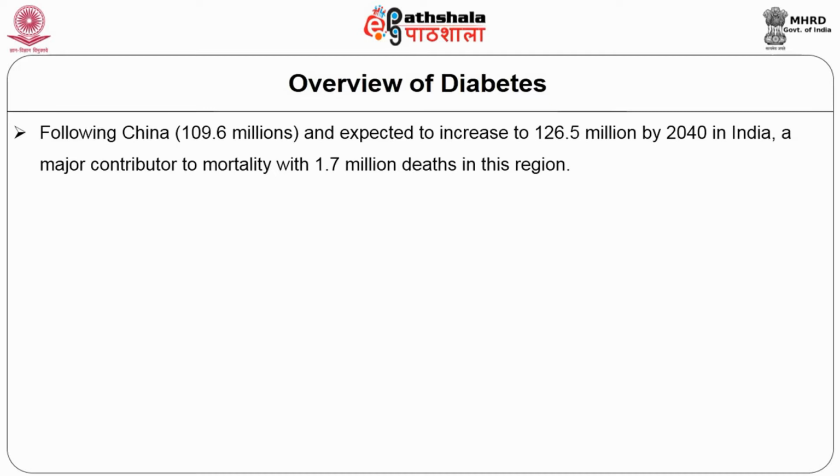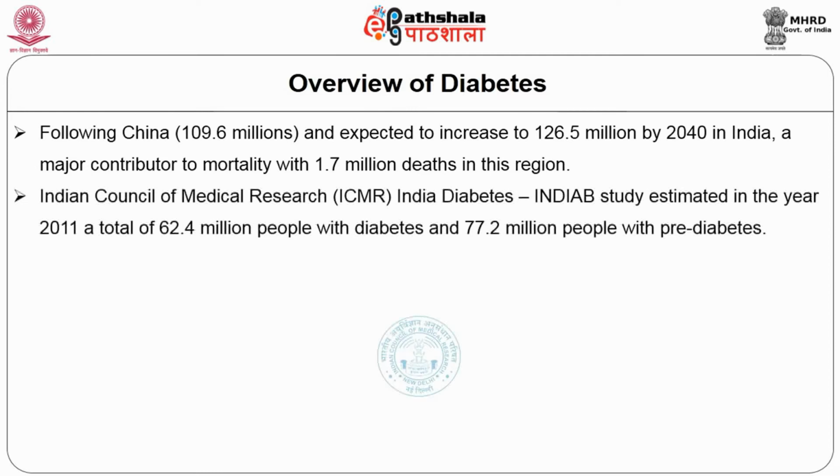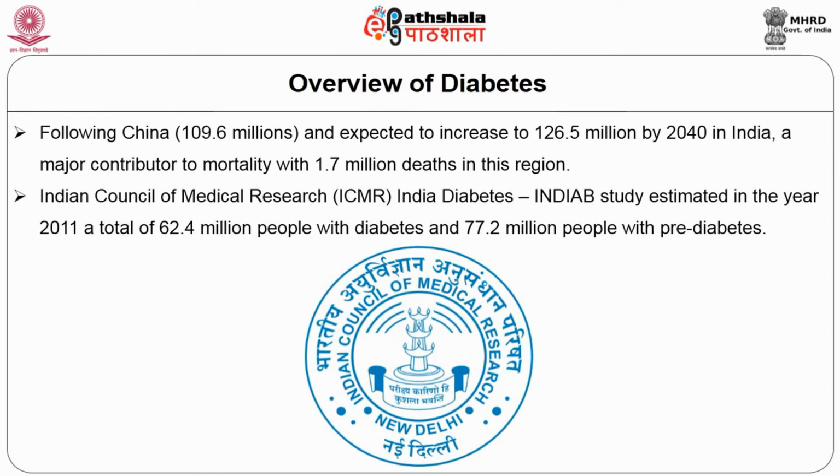It's manufacturing, right? Diabetes is being manufactured now, more and more people. At this rate, had we not learned to arrest it, if we continue, by 2040 we will have 126.5 million people in our country with diabetes. This is what, for the first time in medical history, the Indian Council of Medical Research INDIAB study was conducted, and in phase 1 of the study, they found 62.4 million,